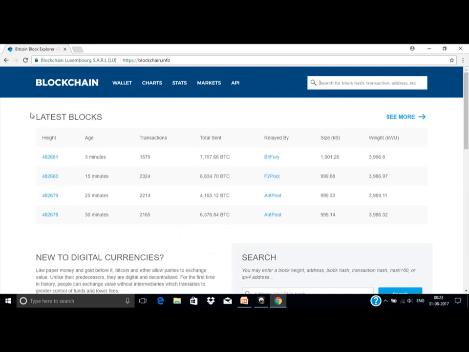You see these are the latest blocks, not the transactions, sorry, the blocks of the blockchain, where the bitcoins or the cryptocurrency are created by various pools around the world. This is our destination here. It says wallet here, right? Let's click on this one.